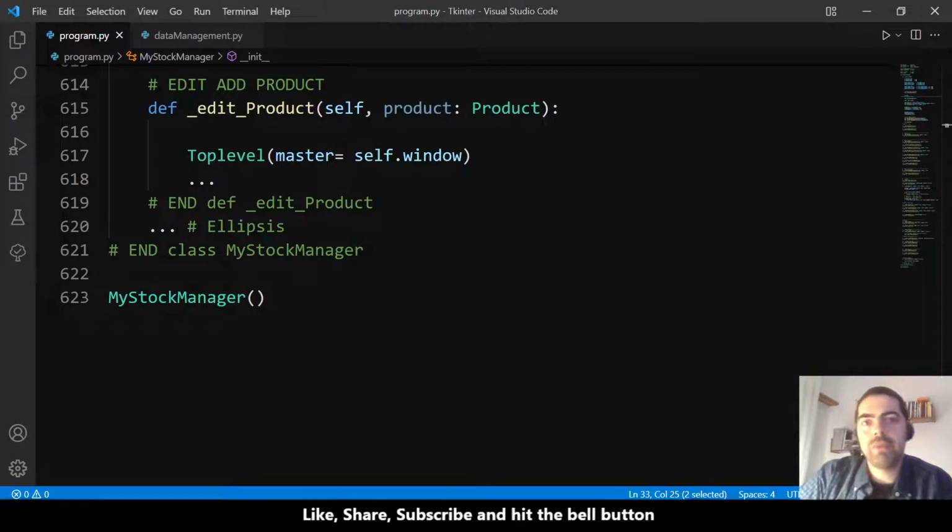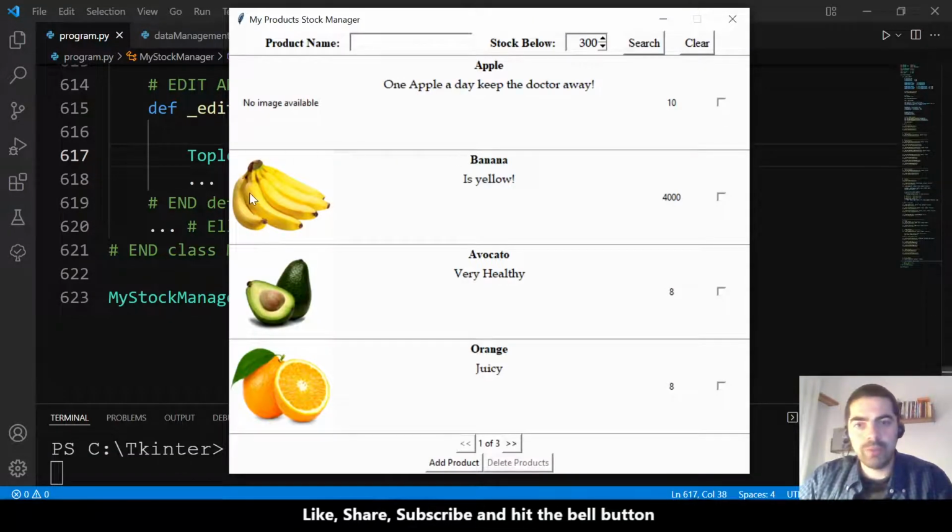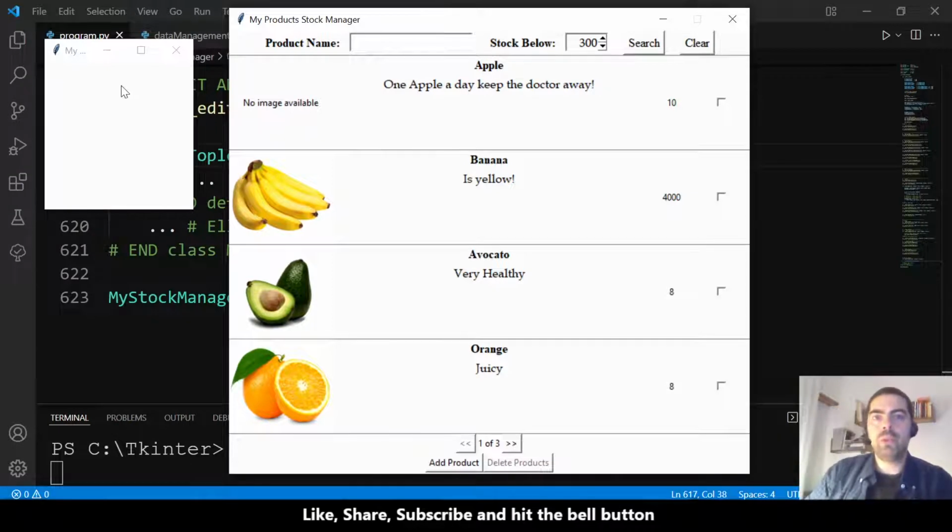So let's see what we get from this. Okay, everything is saved. Let me open the terminal and let me run. We have this. Right click, a new window opens. Okay,